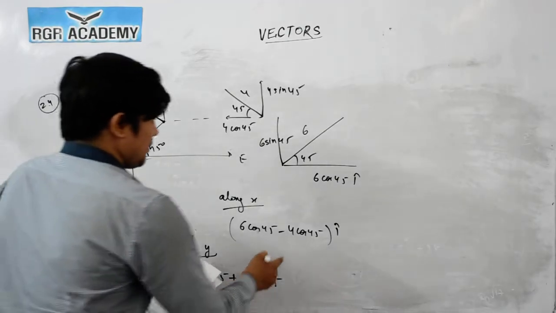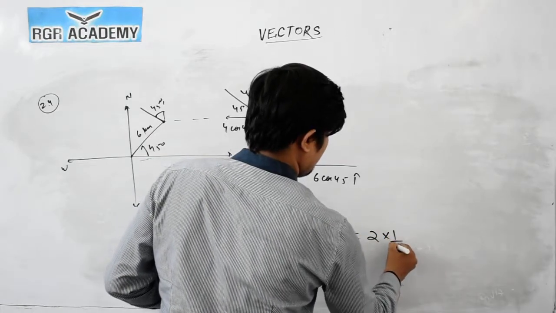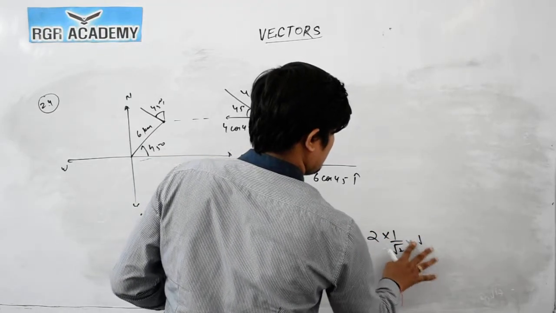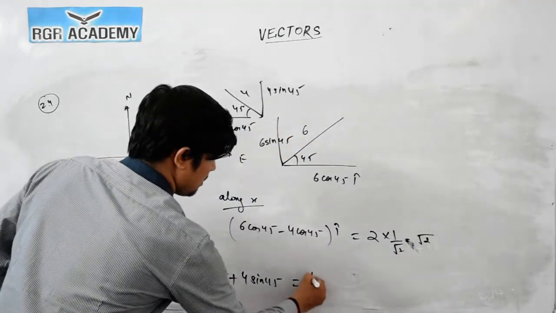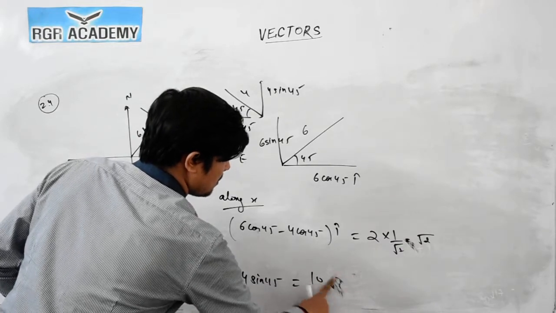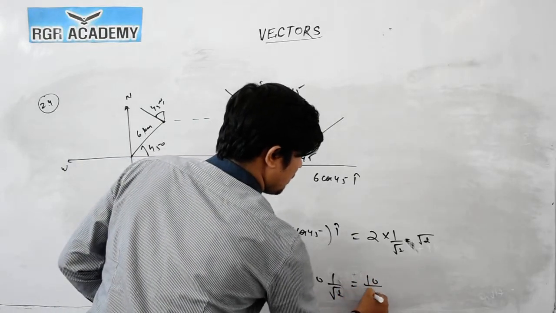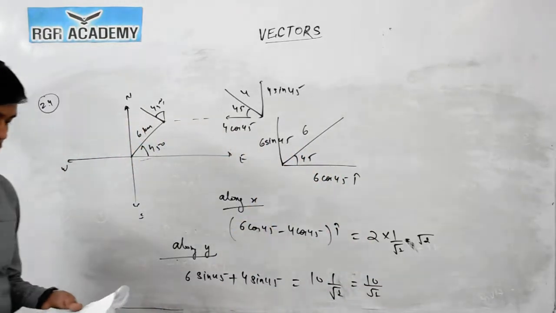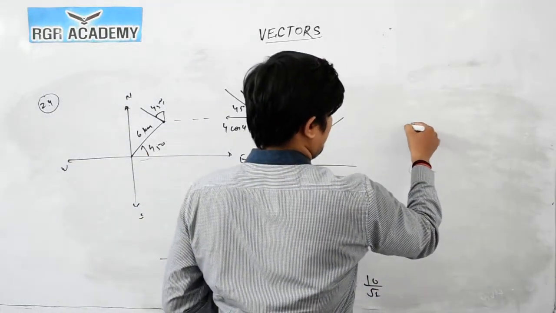So how much you will get? This one will be 2 into cos 45, which is 1 by root 2, so it is equal to root 2 along the x direction. And this one is 10 into sin 45, which is 1 by root 2, so that is 10 by root 2 along the y direction. So we are getting displacement along the x direction, so net displacement